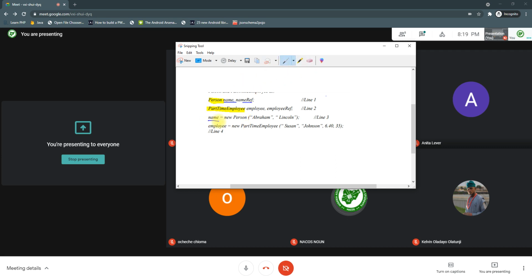Name here is the instance of a new person, which, like I highlighted earlier, is actually a person object. It takes in some parameters in the constructor. And now employee itself is also another new part-time employee. But you can see that employee takes in Johnson, some float numbers and some integers. Now, the beautiful thing here is that with polymorphism, it is possible to say